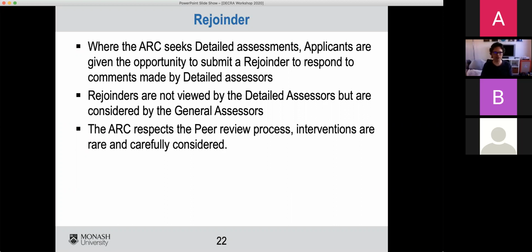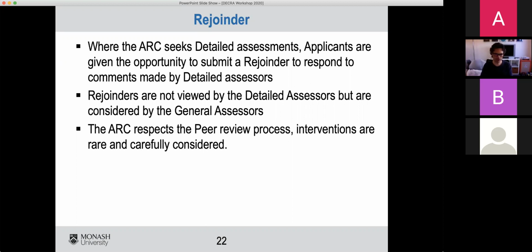It can be a really good opportunity to point out where reviewers, or assessors, sorry, have made a mistake, particularly if they say things like, the applicant never explained what machine they'll be measuring this on, but you explained it on page 14. You just say, this is explained on page 14. So you can use language like that to undermine the assessors if you think they're doing a hatchet job on your work. And the detailed assessors never get to see your rejoinder, so they will never read the things that you say. So the idea there is to be candid, clear, and you have to be concise because you've only got 5,000 characters.